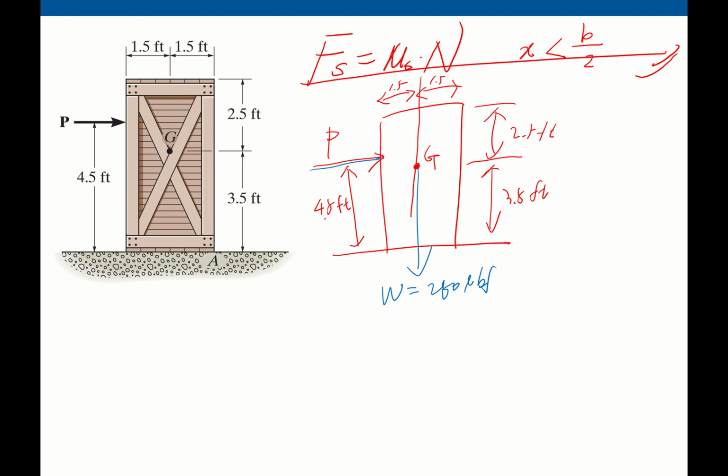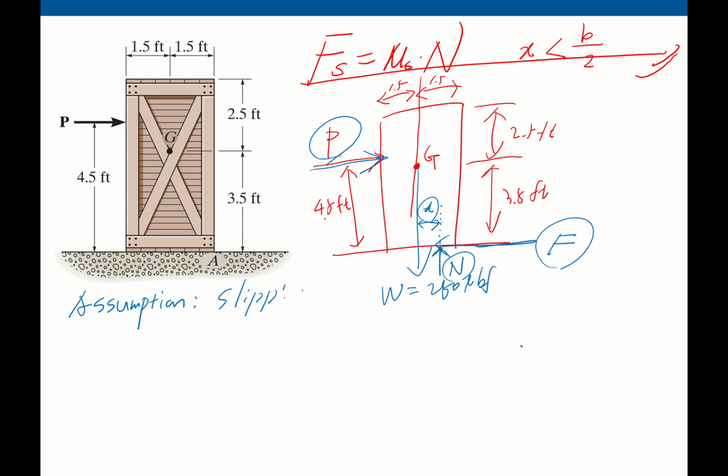We have the pushing force, there should be a frictional force in the opposite direction, and there should be a normal force, and there is a distance from the center. So how many unknowns do we have here? But since we assume this one will slip,